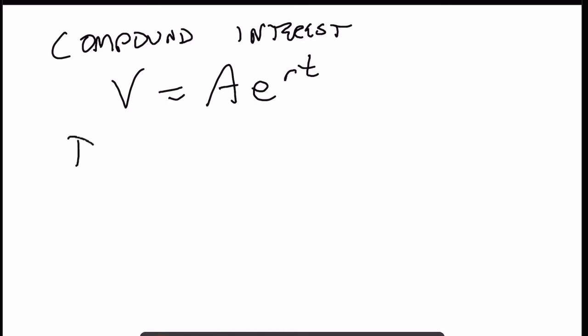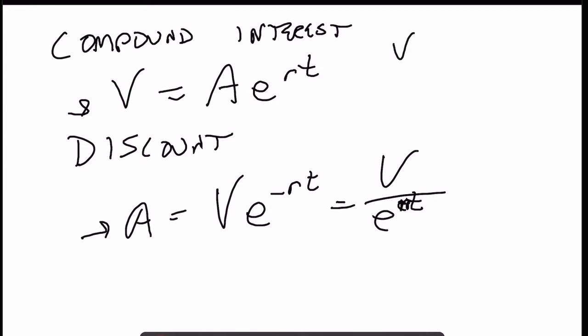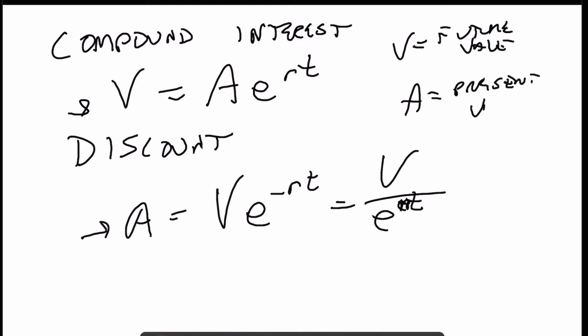I can also discount things. I can say A equals V e to the minus RT, which is V divided by e to the RT. Okay? Just a little algebra on that, right? And I get that. So I can do present value. I can do future value. V is the future value. Right? A is the present value. And I can connect these guys with